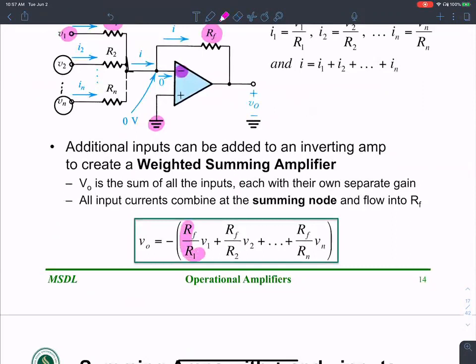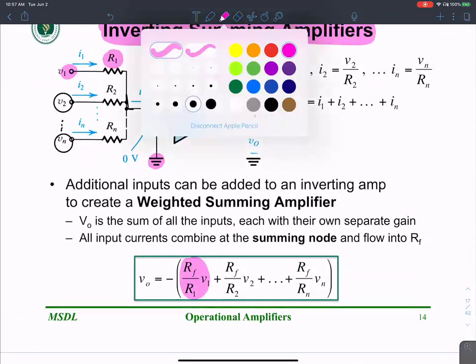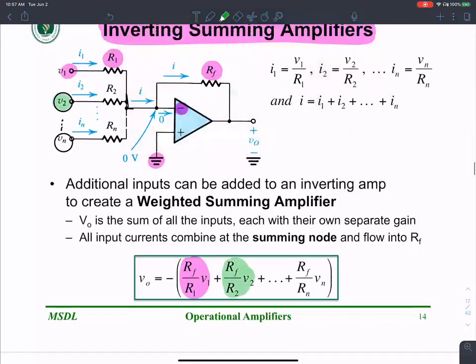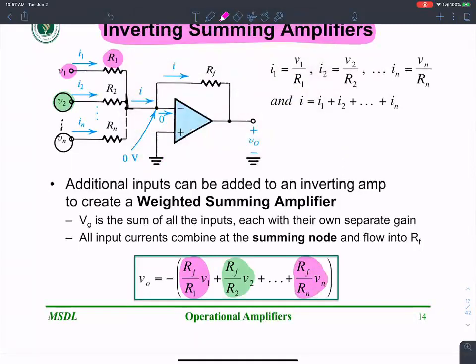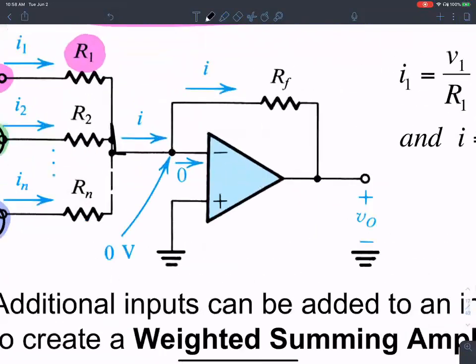So RF over R1 times V1 corresponds to that guy. Then RF over R2 times V2 corresponds to this guy. Similarly, there is RF over Rn times Vn that corresponds to this guy. So if I have more than one input going into an inverting amplifier, then it behaves as an inverting summing amplifier, because the fundamental idea is,